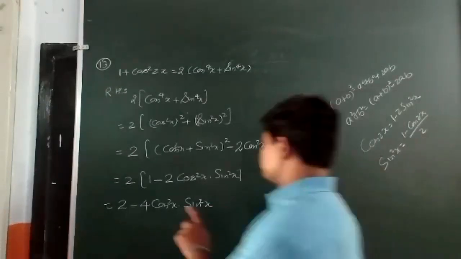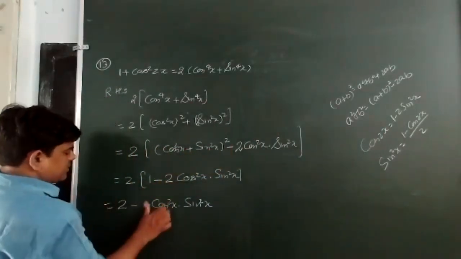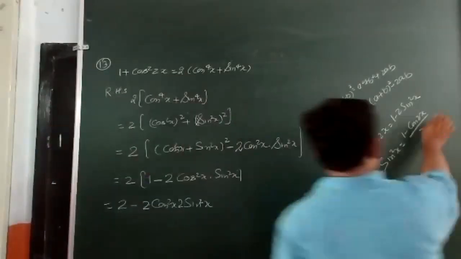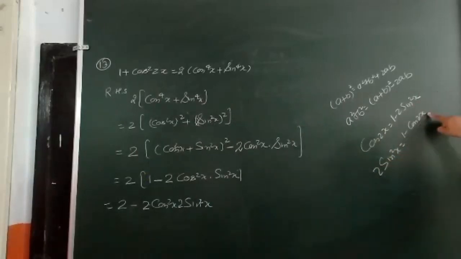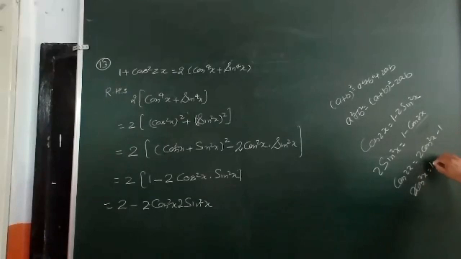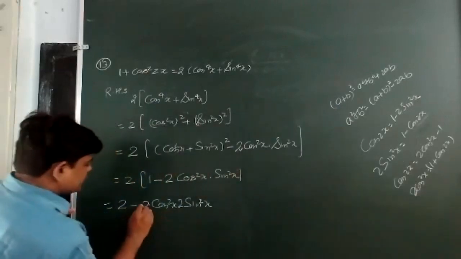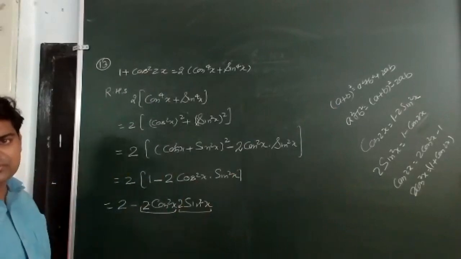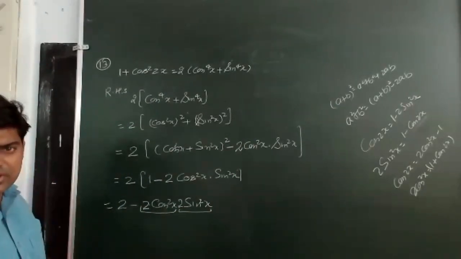If you are not getting it, one more thing I can do: when I multiply by 2, it can be written as 2 cos square x into sin square x. Now directly you will use that sin square x is equal to (1 minus cos 2x), and in the same way, cos 2x is equal to 2 cos square x minus 1, so transposing, 2 cos square x can be written as 1 plus cos 2x. This one can be written as 1 plus cos 2x, and this one as 1 minus cos 2x. Can I say yes or no?